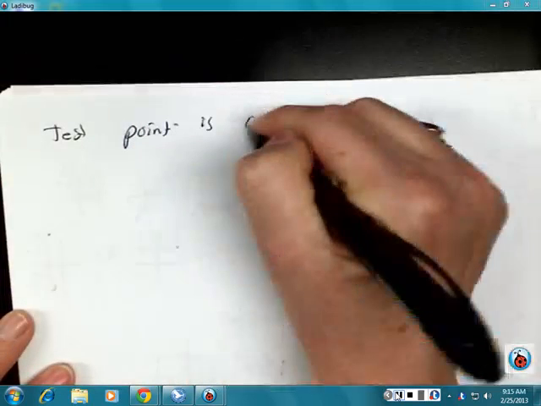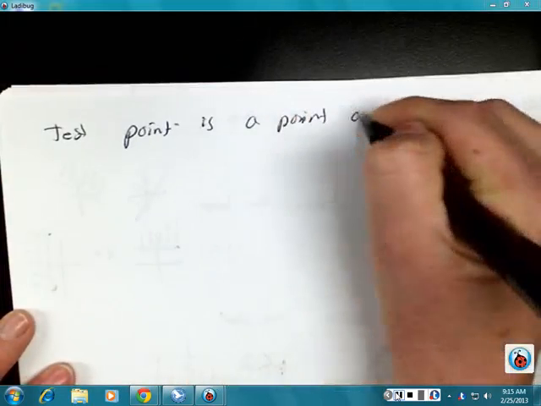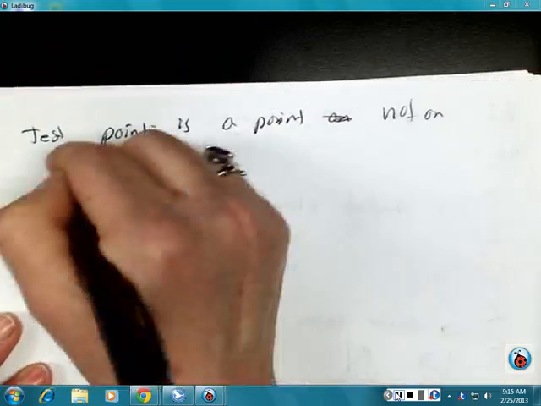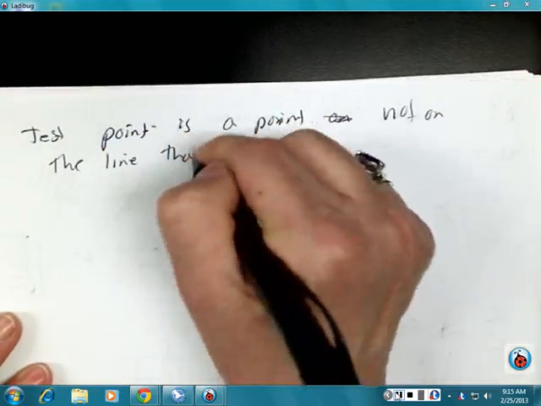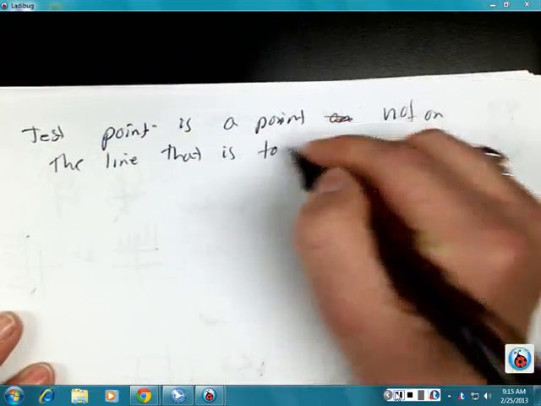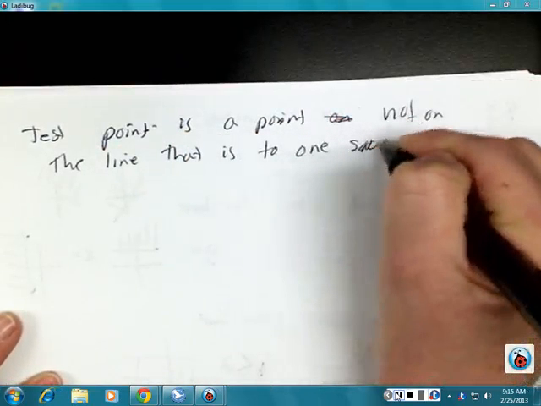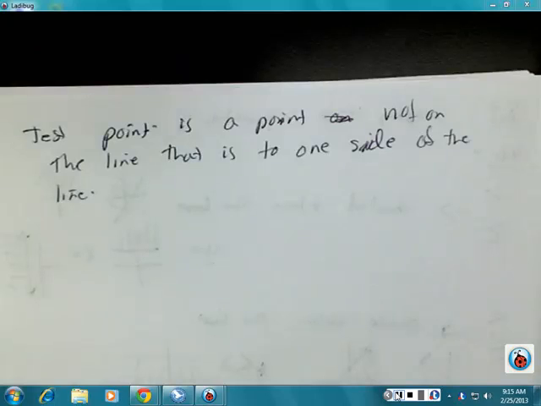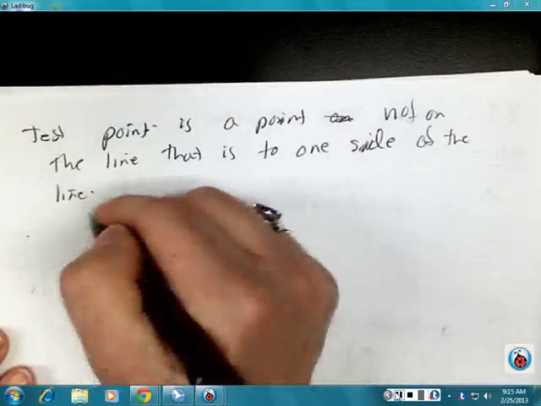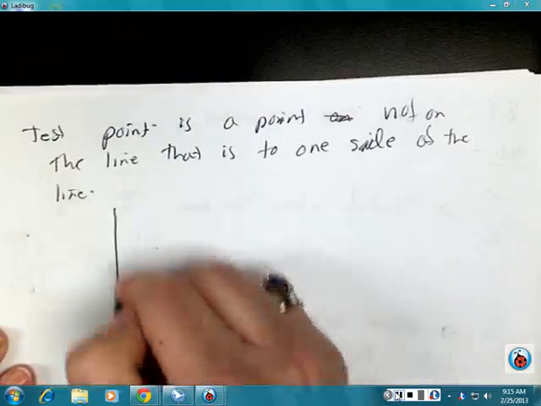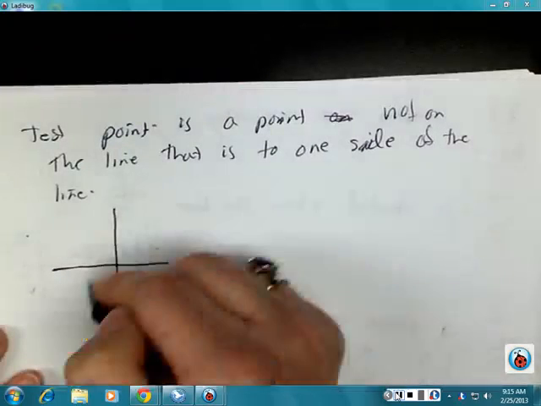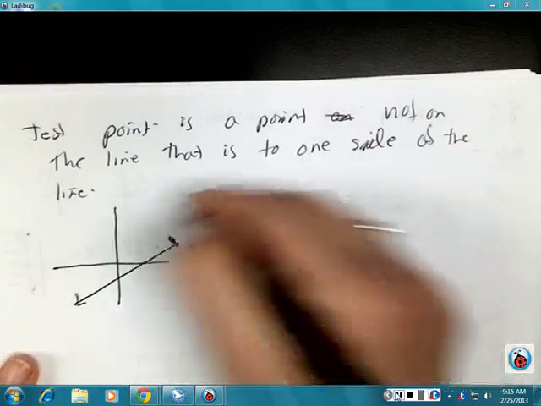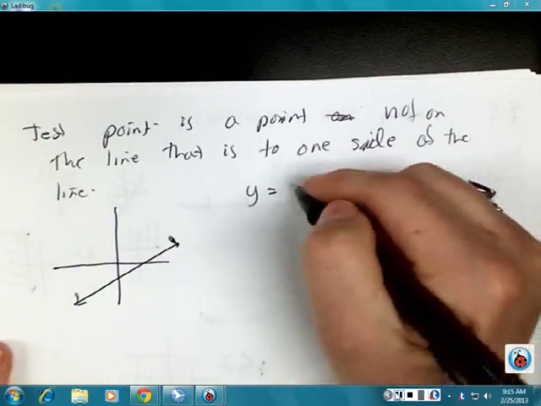And a test point is a point not on the line, that is to one side of the line. And what that test point does for you is, let's say we have this graph, and my line's running right here, and I guess I need to give you an equation. I better do it. Y equals